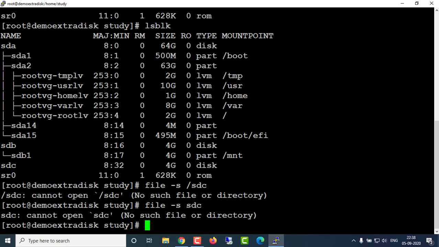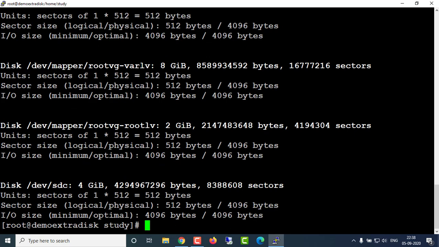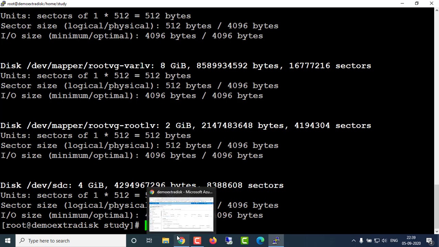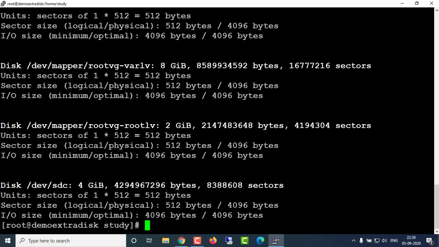Let me run this command, fdisk space -l. Yeah, that is the device type, this disk is /dev/sdc. So how do we check the file system of this disk? We have to run the command file -s space /dev/sdc, which disk we have attached right now.